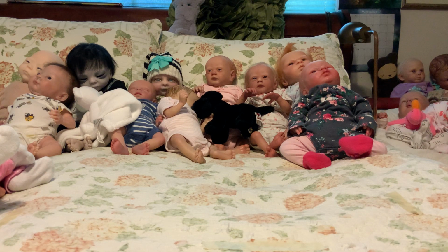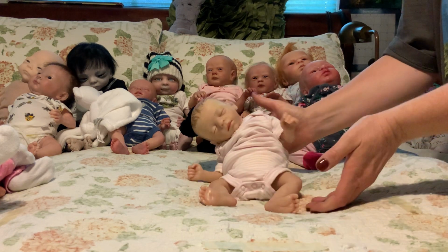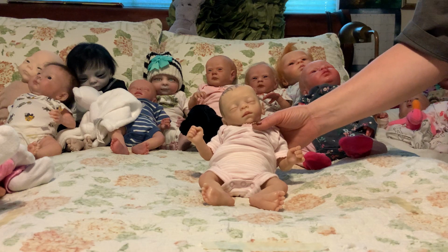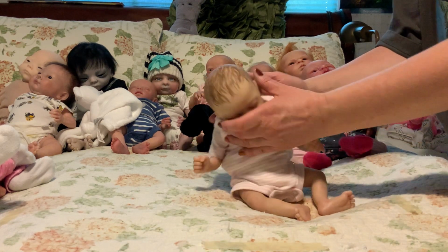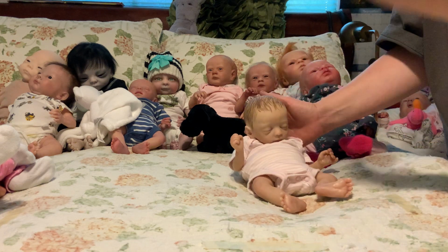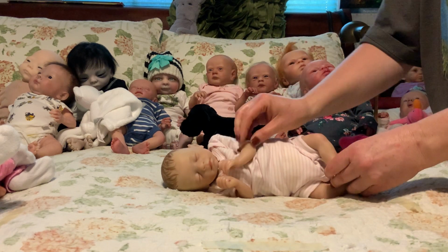Let's do Blessing because she's sitting right here. So this is, I want to say, my very first custom painted by anyone. I saw this baby, this kit, this sculpt by Marita Winters when I first got back into Reborns and looking at them and looking them up, and I was really into preemies at first. I still love preemies, but